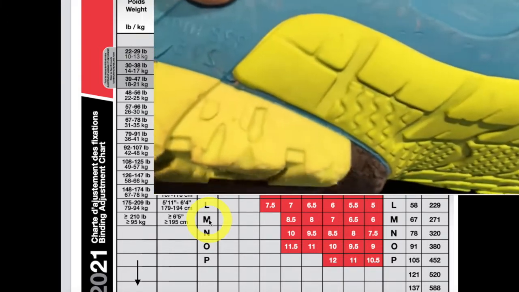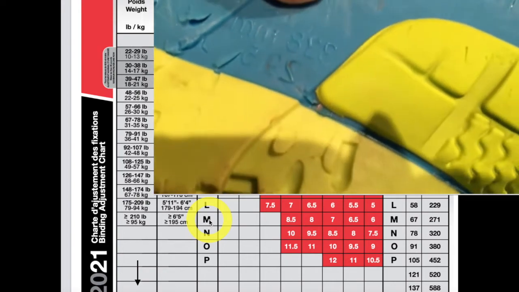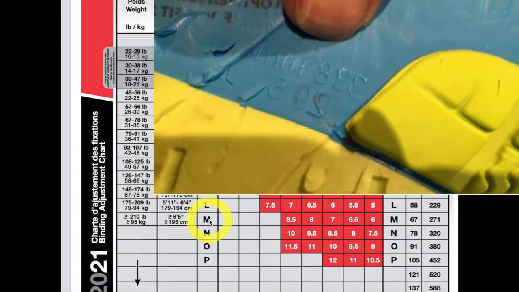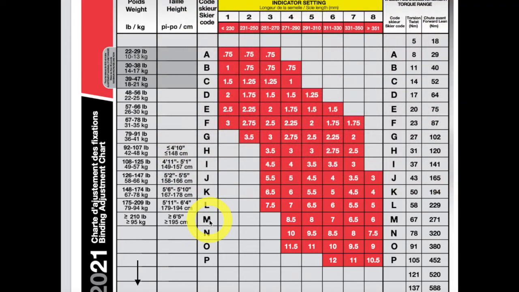Then the last important factor that we need to look at is the ski boot length in millimeters. This is not the Mondo size, it's the actual measurement of the ski boot length in millimeters that's shown on the instep of the boot, sometimes on the bottom, but mostly on the instep. So I'm an M, keep that in mind. My ski boot length in millimeters is